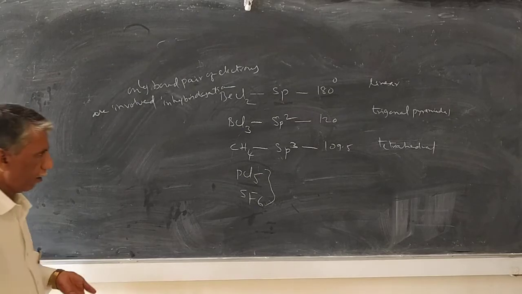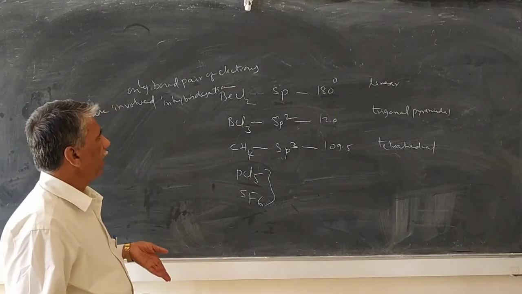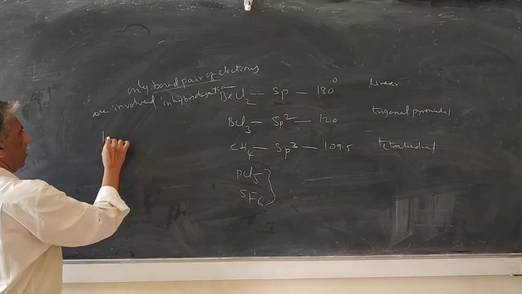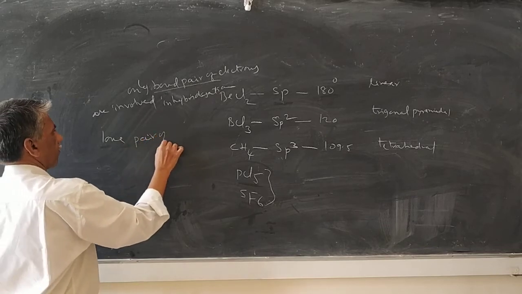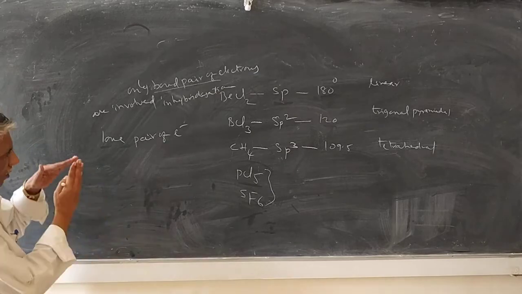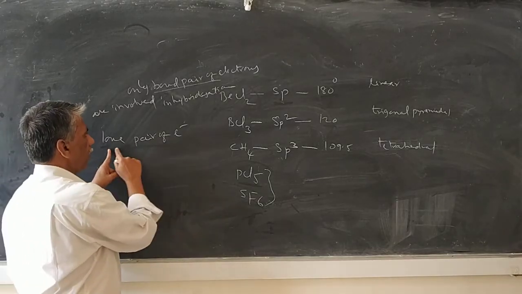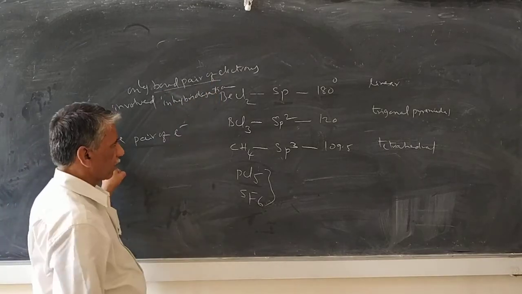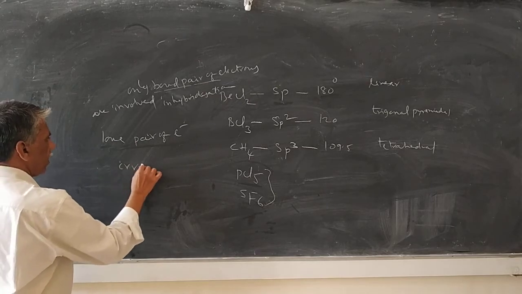Okay, there are some molecules where, in addition to bond pairs of electrons, the molecules also contain lone pairs of electrons. In such molecules, where there are lone pairs of electrons in addition to bond pairs, such molecules will have irregular geometry